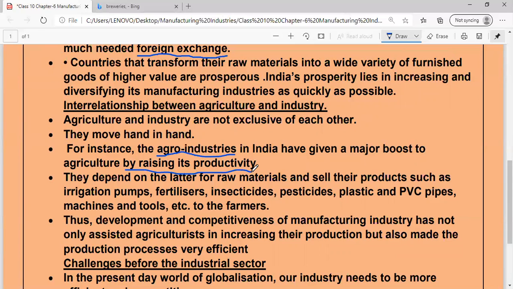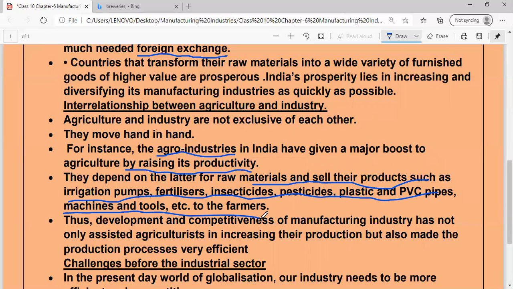They depend on the latter for raw materials. That is, industries are depending on the agriculture sector for getting raw material. Then they can sell their products, irrigation pumps, fertilizers, insecticides, pesticides, plastic and PVC pipes, machines and tools, etc. to farmers. That is, industries are producing these materials, and they can sell these products to the agriculture sector. Okay, so industries depend on the agriculture sector for getting raw material and for selling their product, and agriculture needed machines